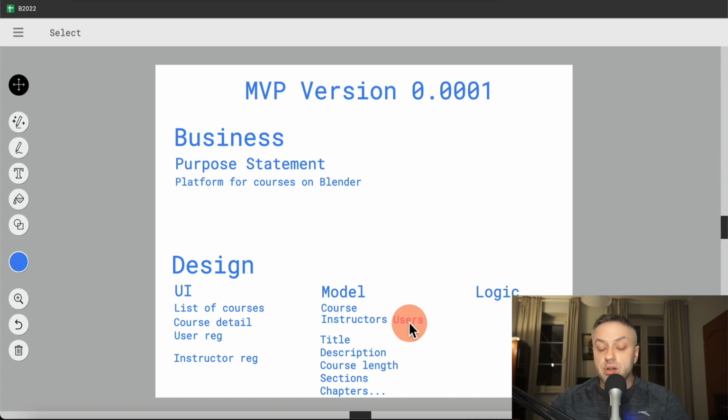A user can take multiple courses, so it becomes a many-to-many relationship with courses. A course can have many users, and a user can have many courses, right? So as you can see, this becomes a many-to-many, but instructors to courses becomes a one-to-many. I hope that makes sense. And guys, you don't need to decide this now. You will understand as you start building it. So that's kind of what we have, right?